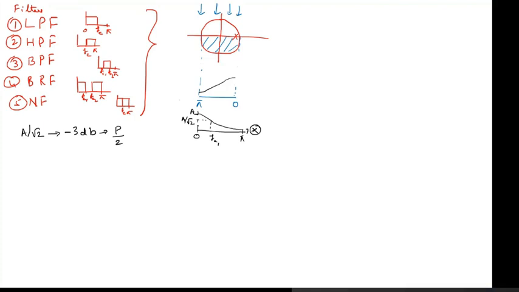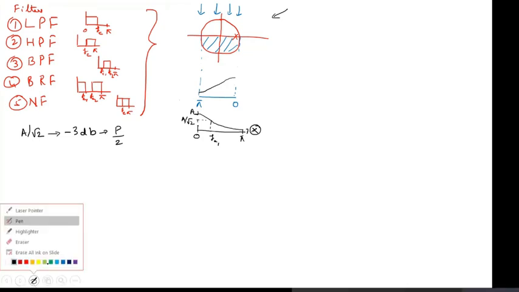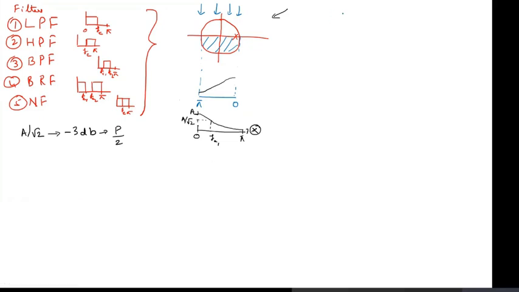Now, if I want that I don't want any frequency at pi to be passed, and at pi the frequency component should be 0. So what modification should I bring to this filter? Anyone? What modification should I bring to this filter?